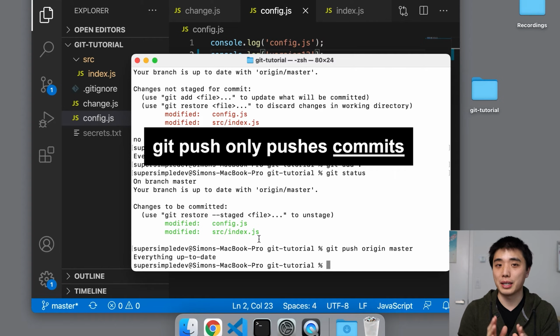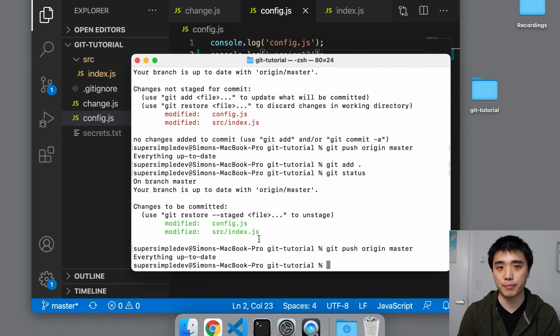Now, the final thing I want to show you is that we're actually going to create a commit here, but instead of creating a new commit, we're going to edit our previous commit. So remember the command for doing that is git commit --amend. So amend, instead of creating a new commit, it's going to overwrite the previous commit and we're going to give it a message. So let's just call this version 12.